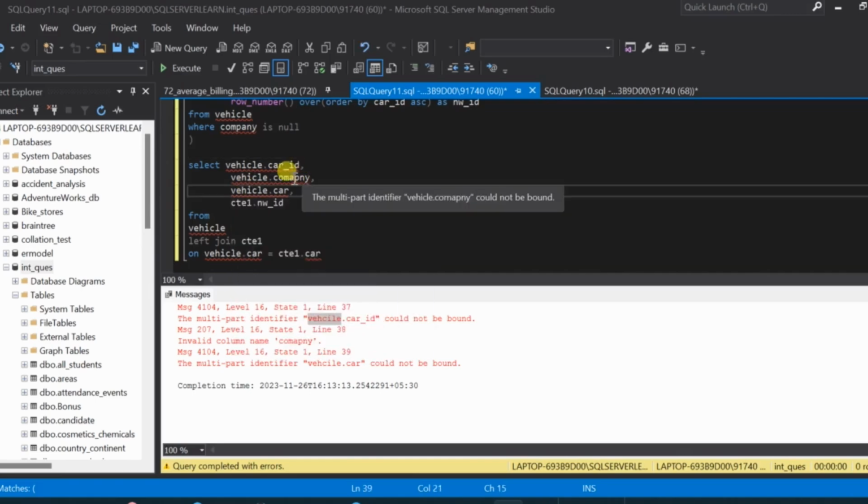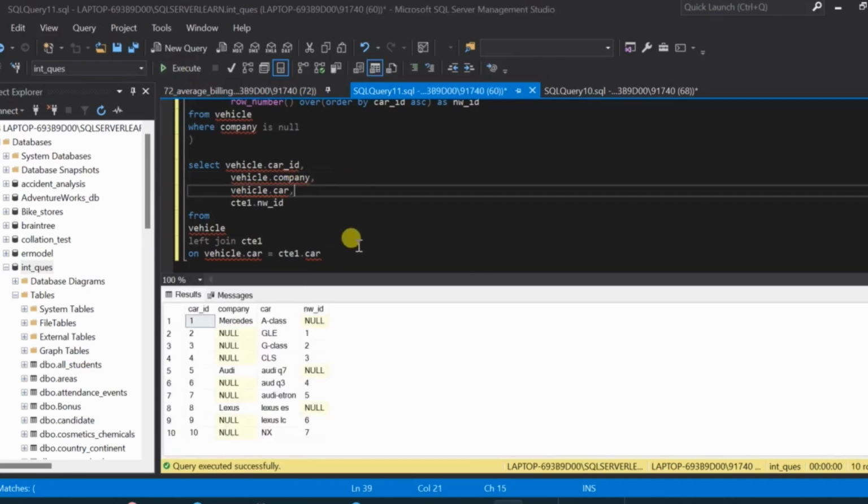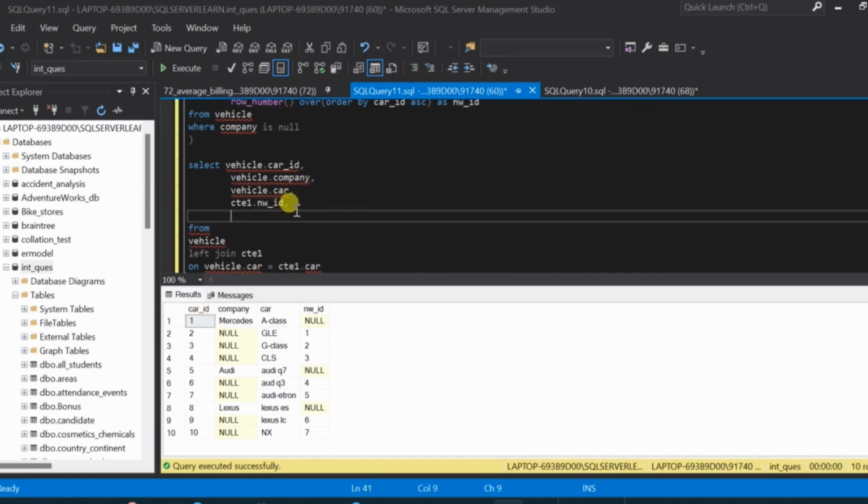Now also we have to change the company name. Now it should be giving the result. Now we have the 4 columns which are required for further processing. Now let us create a new calculated field where we subtract car ID from the new ID column, that is